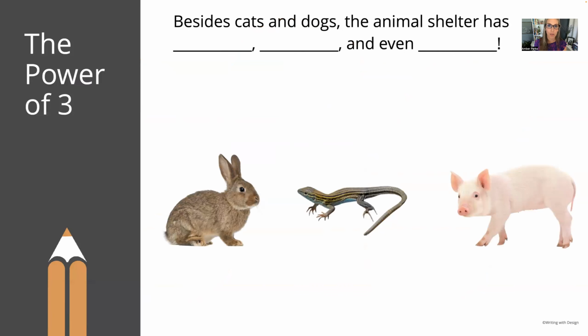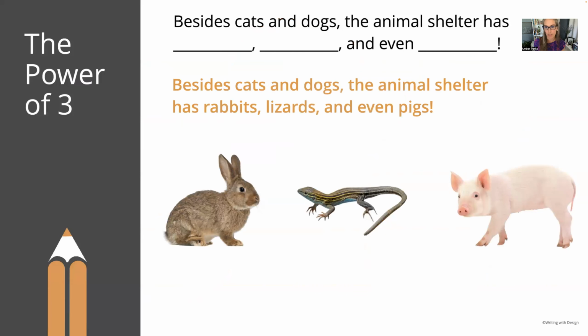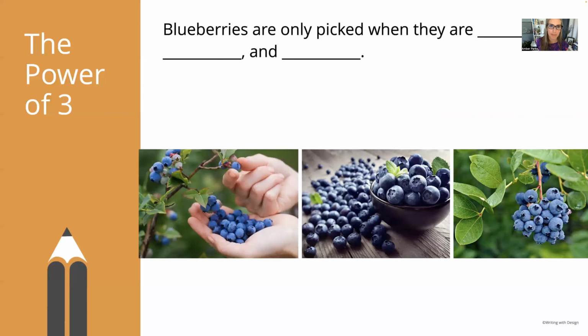And then students just work on filling these in. They can try them in different orders. They can play around with what word goes where. So this one says, besides cats and dogs, the animal shelter has rabbits, lizards, and even pigs. So notice with that and even pigs, that one becomes a 3-syllable phrase. And so it's at the end. It certainly could be even stronger, or another way of putting rabbits at the end, or lizards, because those are 2-syllable words. So just another way to modify this to make it an even stronger sentence.